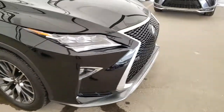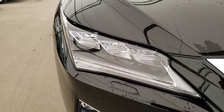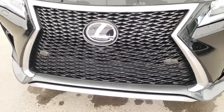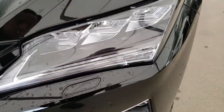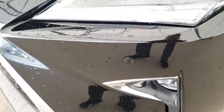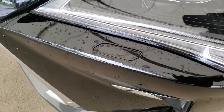Some of the features on this vehicle include L-shaped premium LED headlamps with the auto leveling headlamp system, F-Sport front grille, LED daytime running lights, LED fog lamps, front to rear park assist sensors, headlamp washers,